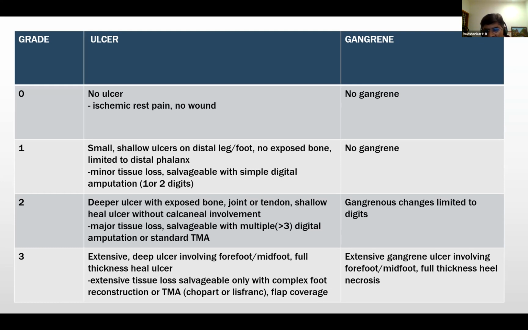Then you have to comment on presence of ulceration, presence of gangrene, if there is gangrene, dry gangrene or wet gangrene, loss of toes, guttering of veins, and then, as you said, loss of hair, and also reduction in the muscle mass. So these are the things you look for on inspection.